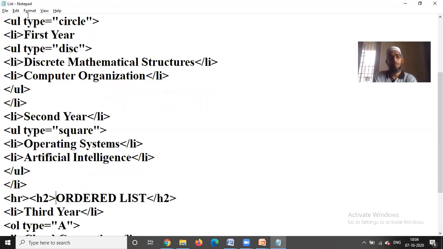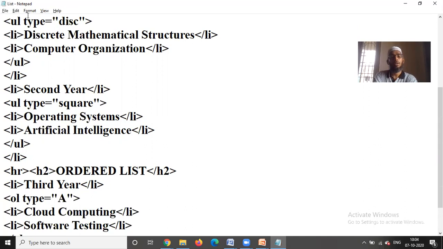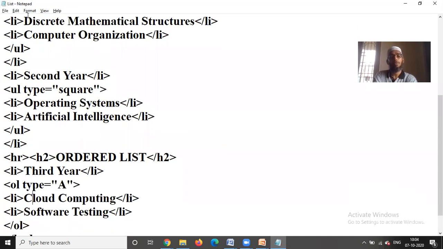Okay. Then the third year. Okay. List item. Then ordered list type is equals to A. So here, when you're not using anything, by default it starts with a number. Otherwise, you are giving A. It starts with small. If you are going to change it,